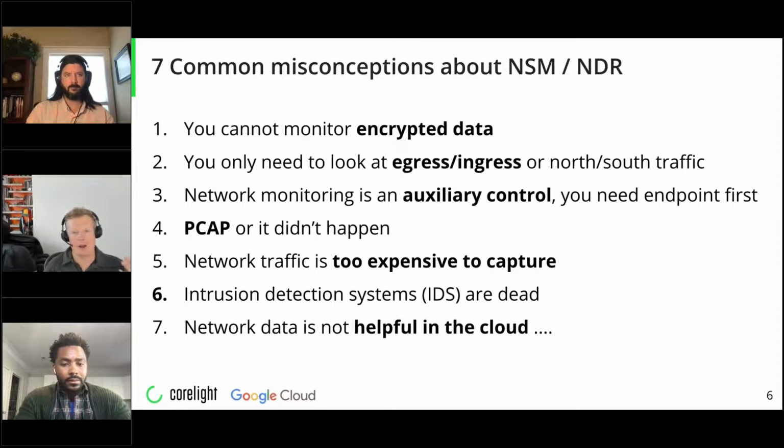Now, as the points I mentioned remain to be true, there are a lot more people who sort of doubt them, forget them, or maybe they were born before they were first presented by people like Richard Bejtlich and others many, many years ago. Today we have people who say, the world has changed. It's all encrypted now. This network stuff is useless because it's all going to be bit streams. First, it's sort of getting to be true for certain protocols, and it's certainly getting to be true